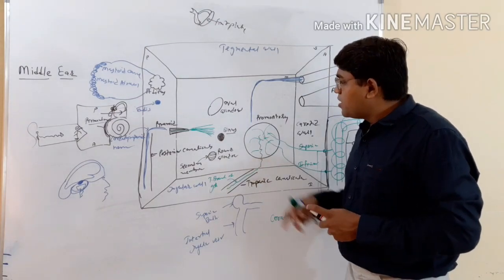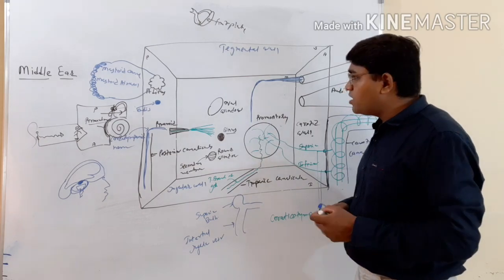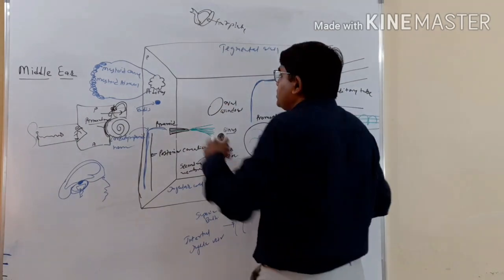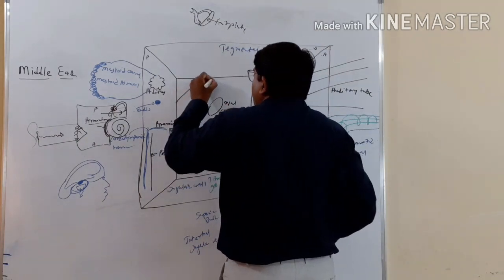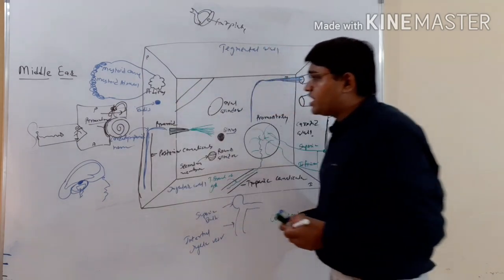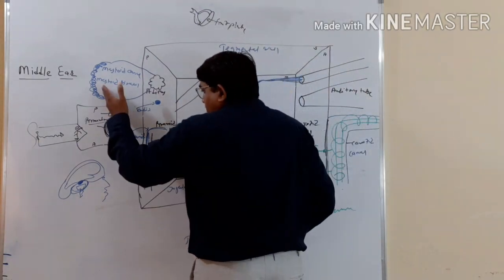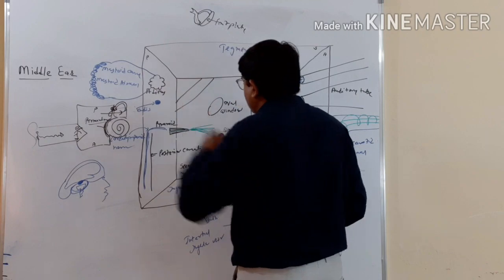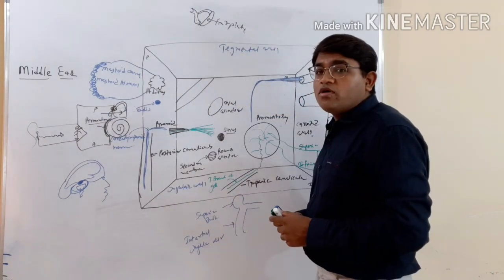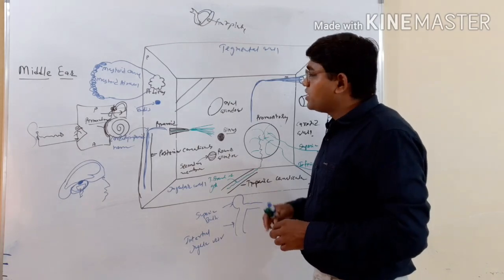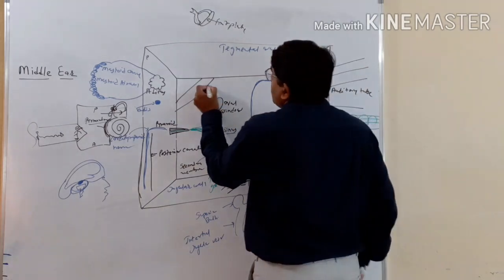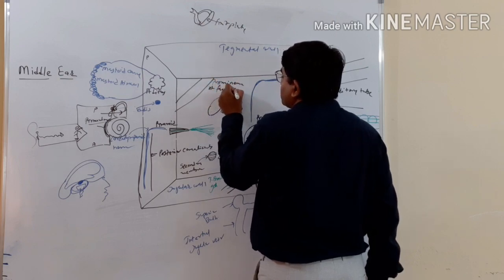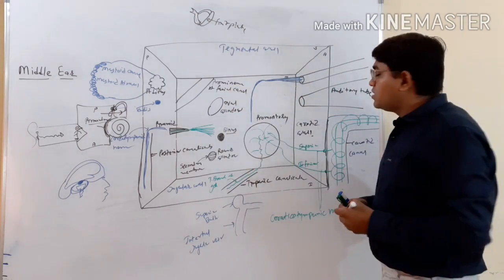Okay, so this sinus is present here on the posterior side of the promontory. Then superior to the oval window, there is the prominence of the facial canal. The facial canal actually runs behind the middle ear cavity, and at this part, on the superior part of this medial wall, there is a prominence present for the facial canal. So it is a prominence of the facial canal.